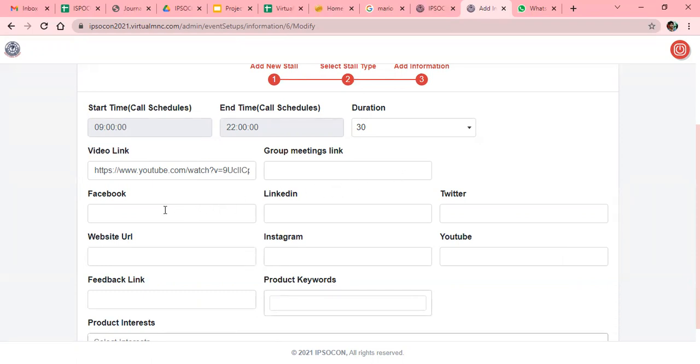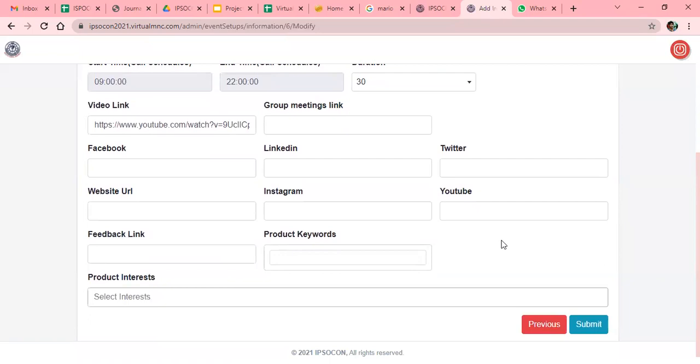Then you can put here your Facebook URL, your LinkedIn URL, your Twitter, website URL, Instagram, or if you want to put any other link, like your product YouTube link, you can put it here. You can make a Google form link for the feedback. You can paste the link here, or here you can put keywords, like your product's segment, such as medicine, machineries, or any specialized thing.